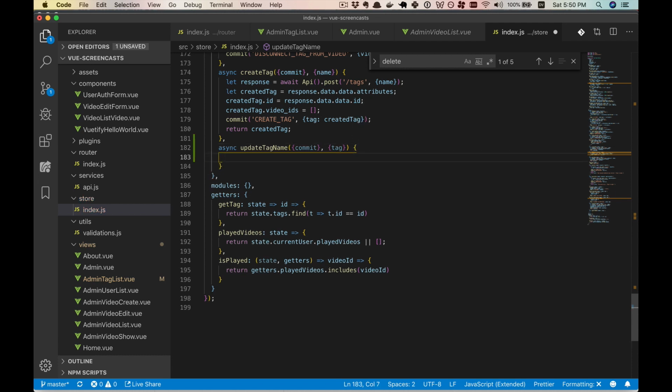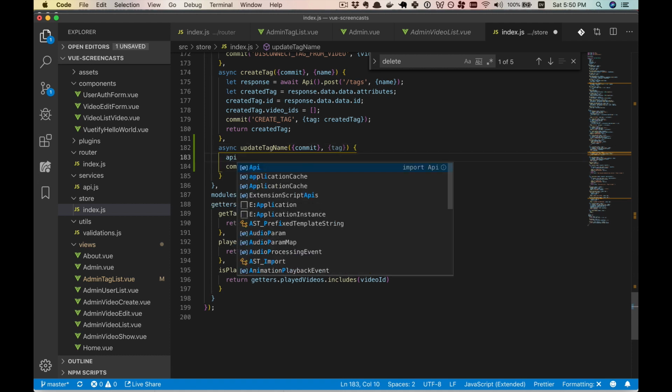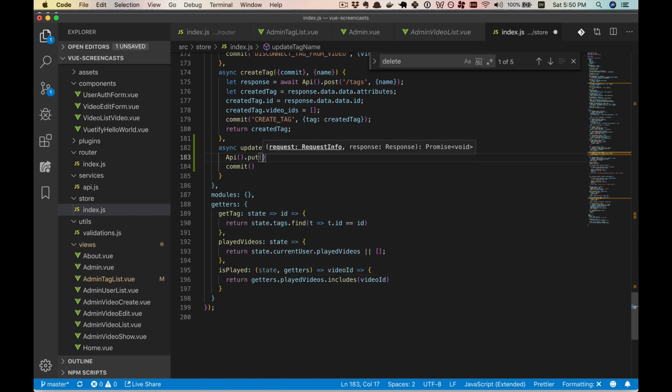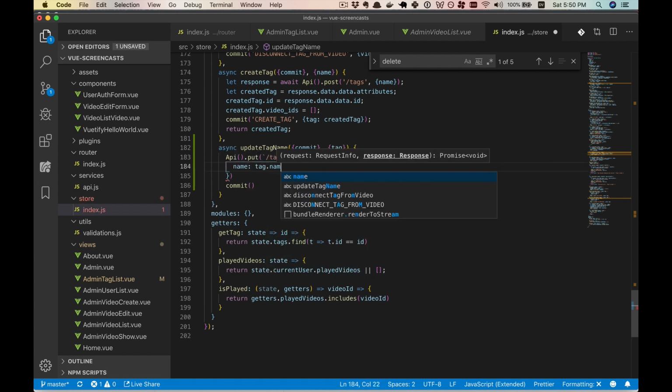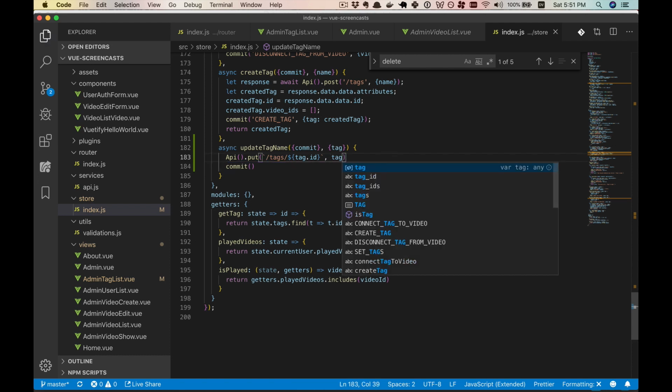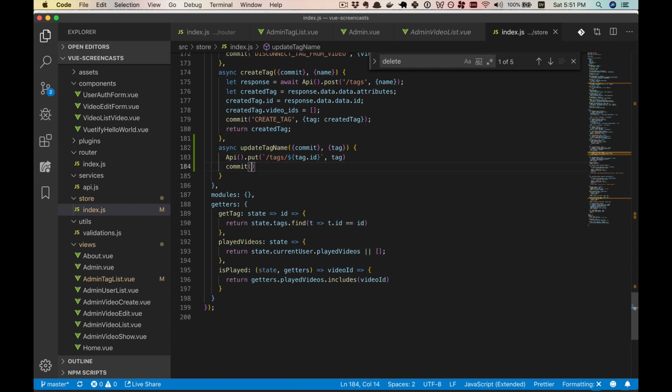And what we'll be doing is we'll be doing a commit, and we'll also be doing an API call. And so our API call will be a put, and it will be to tags/the tag ID. And we'll be feeding in the name, which is that. Though I guess we could just put in the entire tag, since that includes the name. All right, so